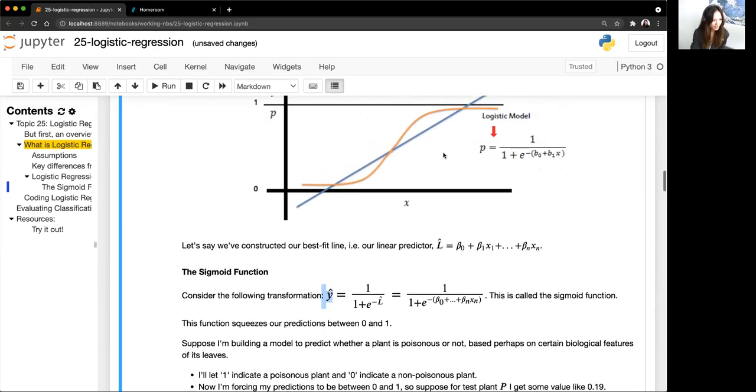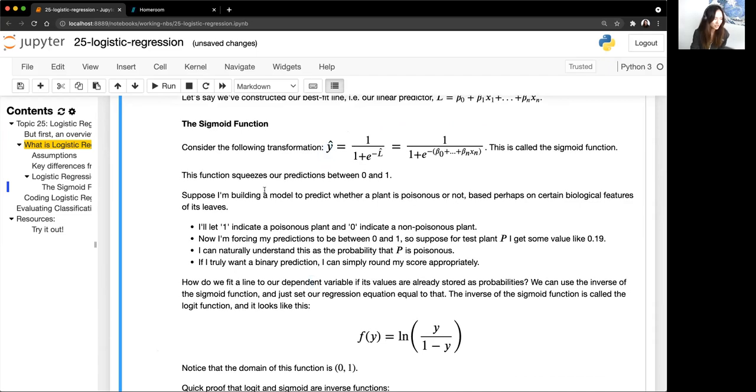So how do you interpret this? Let's say you're trying to build a model to predict whether a plant is poisonous or not. This is actually a data set that exists, based on biological features of its leaves. Let's just say that 0 is non-poisonous and 1 is poisonous. Because you're forcing your predictions to be between 0 and 1, suppose for some test plant P, you get a